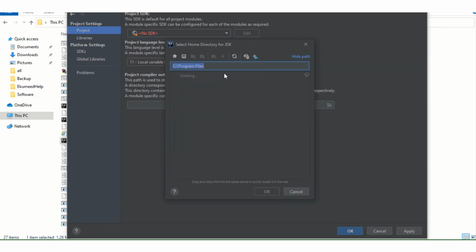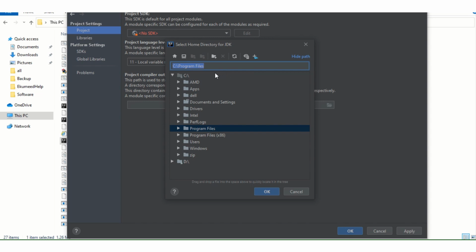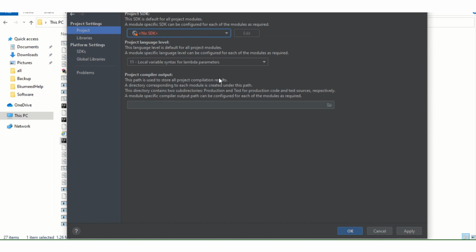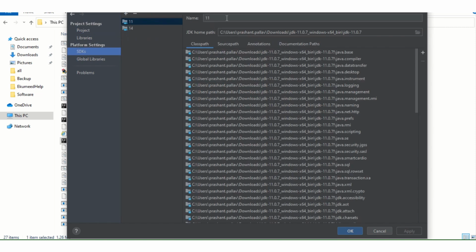Here you'll have to go to the folder where you have the JDK installed in your machine and select that one. If you don't know how to install JDK, check out my Java JDK installation video for 11 and 14. In my case the JDK is already there, so I can go and edit this one.